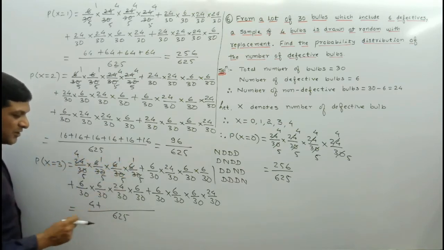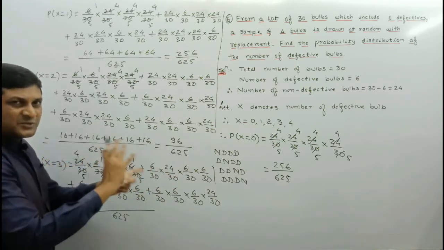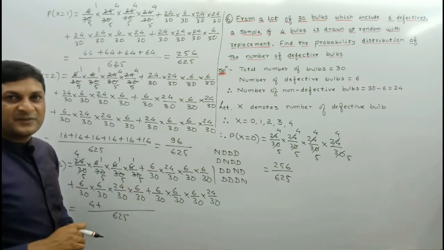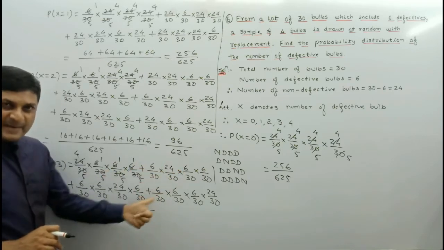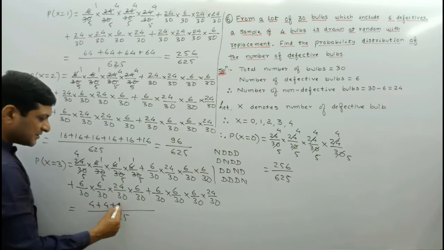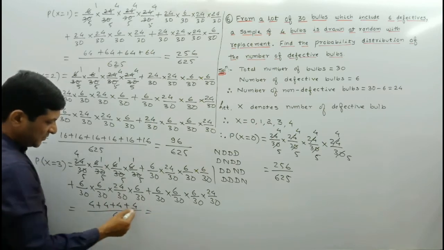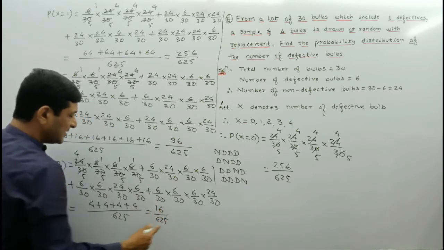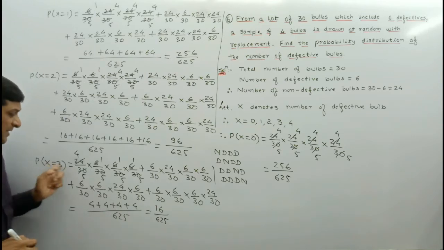Means in the first case what we are getting? 4 upon 625. Same numbers are there, only terms are shuffled, and since we know that multiplication of numbers satisfies the commutative property, we are getting the same number in the remaining cases also. यानी यहाँ पे भी हमें न्यूमरेटर में 4 मिलेगा, थर्ड केस में भी 4 और 4 केस में भी 4. So which is equal to 16 upon 625 will be the probability in the next case, means when x is